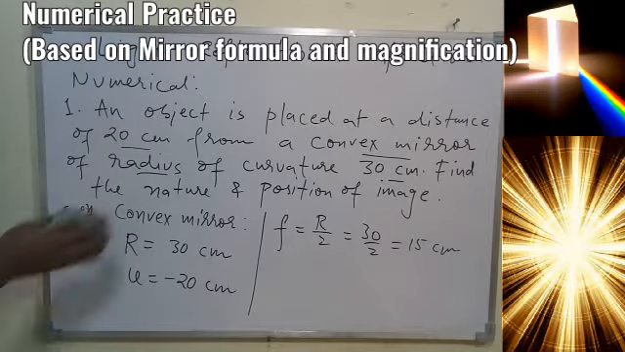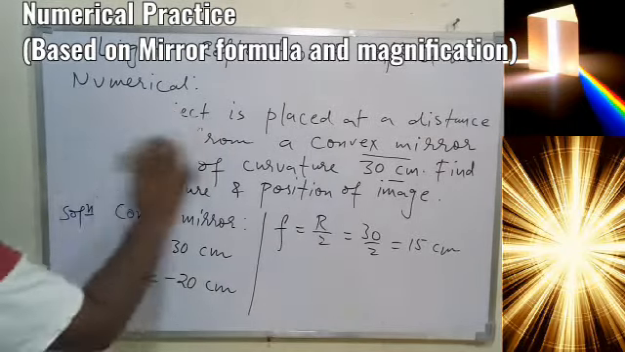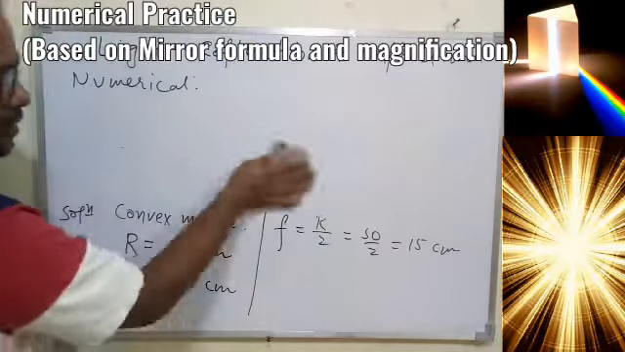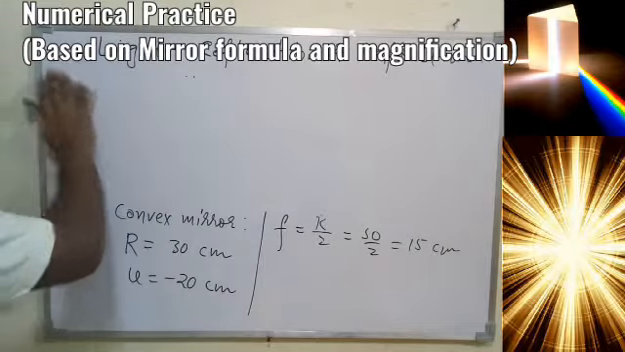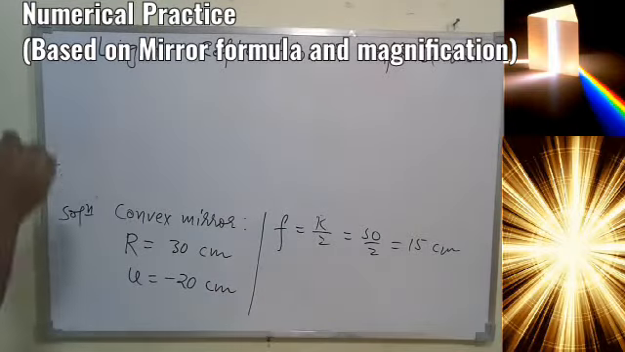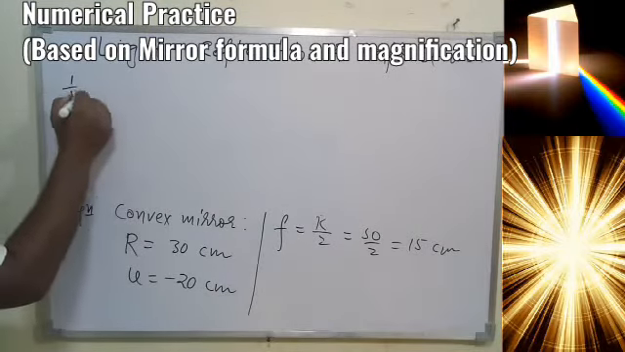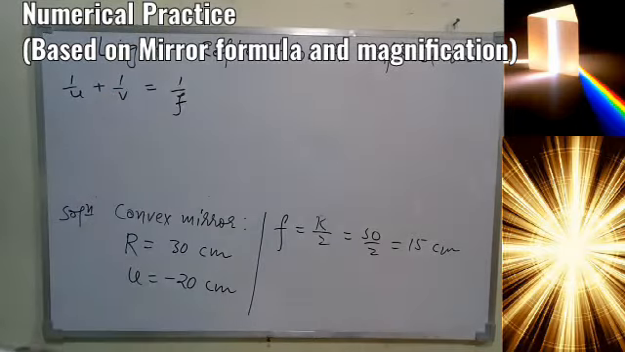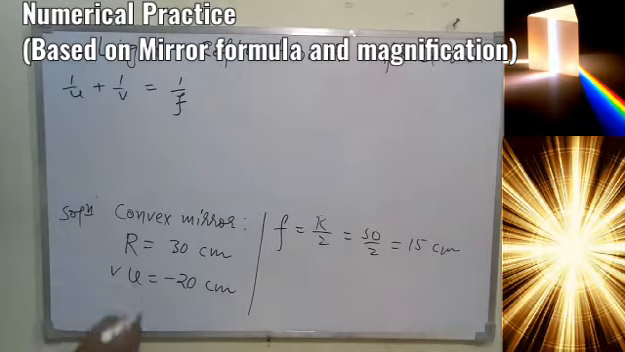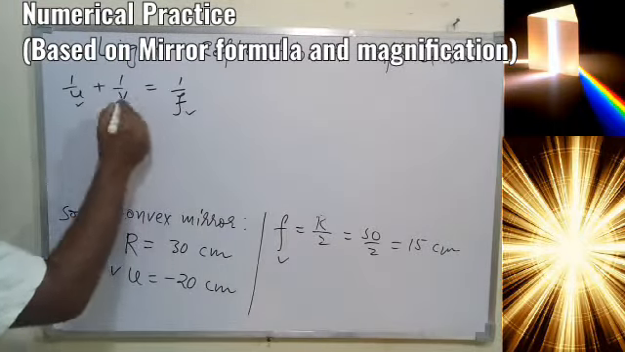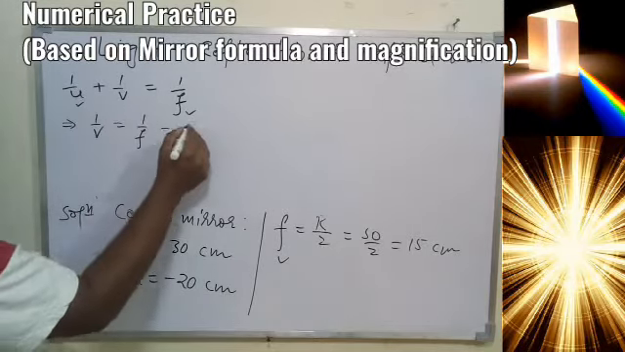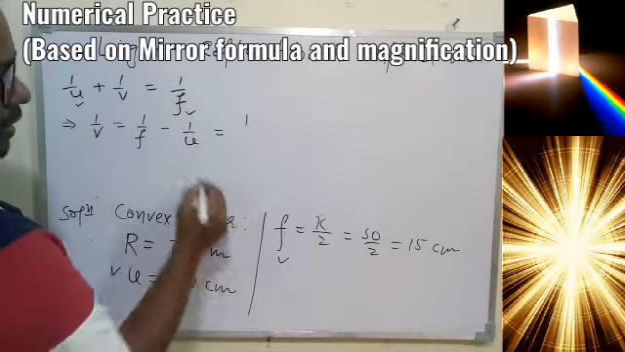So let's find out now. The rest of the things are very simple, that we understood in the previous class as well. We know 1 by u plus 1 by v is equal to 1 upon f from the mirror formula. So u and f are known to us. We can find out v from here. So 1 upon v is equal to 1 upon f minus 1 upon u. Now f is